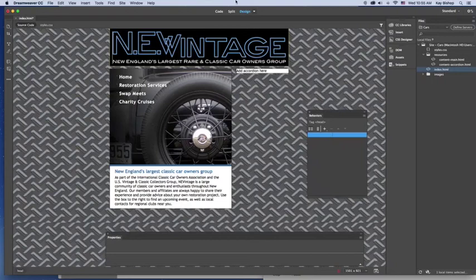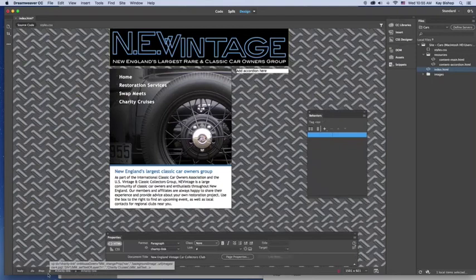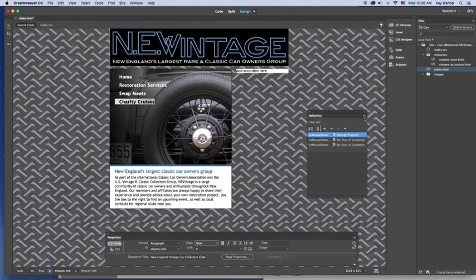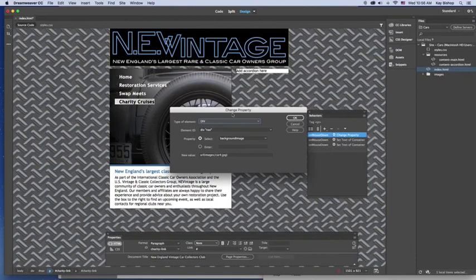We're going to place our cursor in the Charity Cruises paragraph in the nav div, and I'm going to select the P selector to select that entire paragraph. And then using your behaviors panel, I'm going to add, you can select Change Property. And you could also go to the options menu and go to Edit Behavior, and that will bring up the Change Property panel as well. You want to select the div element, element ID of div nav, select the background image, and then under new value,